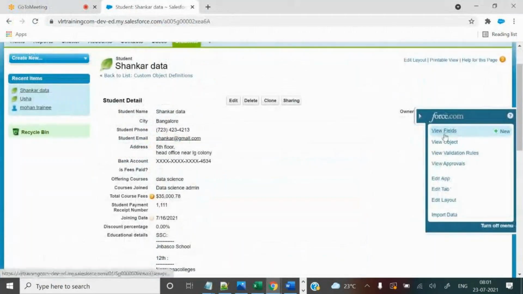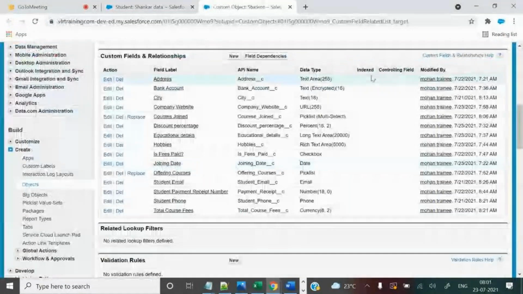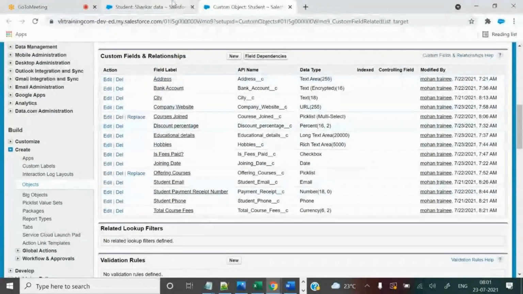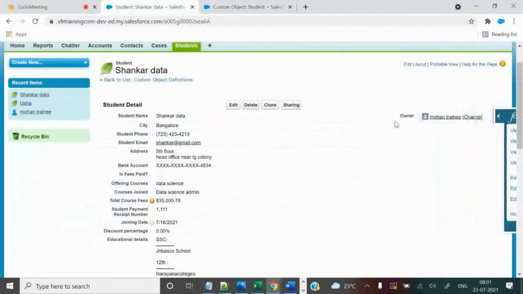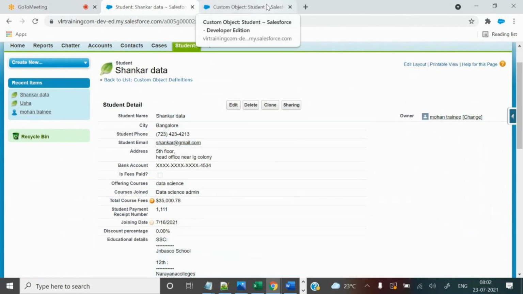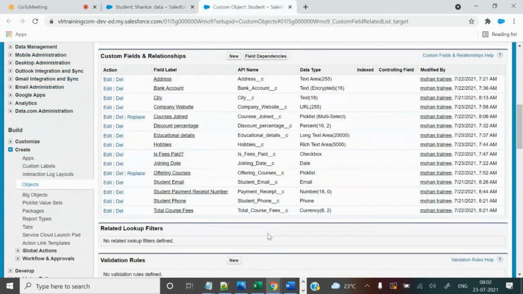You can check with the business team whether any field is there to store details like student roll number. If it is not there and they are asking to create a new one, then definitely you should create a new field. That's how you need to think when you get a requirement in real time.